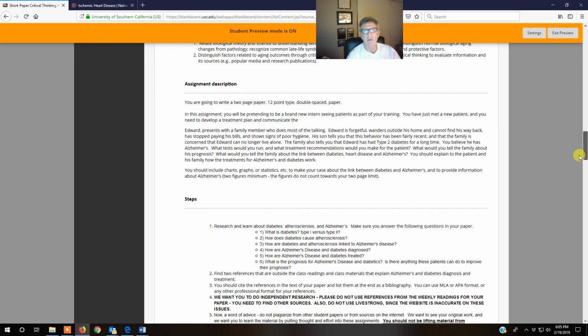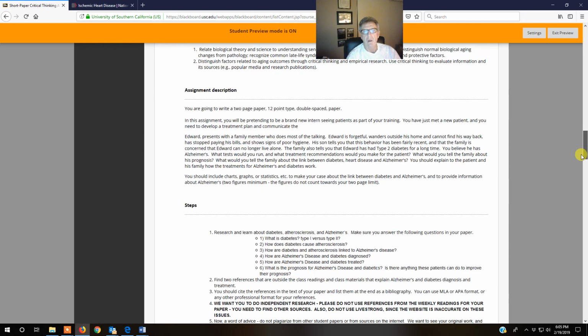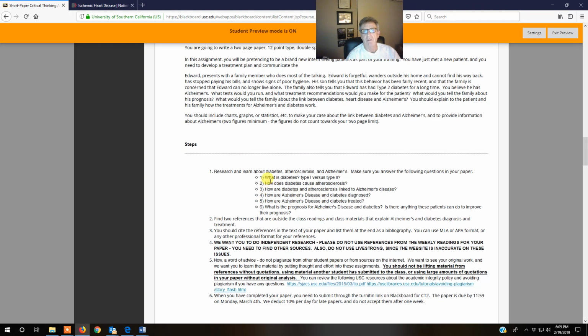Okay, so we're going to get down here. So here's CT 2. There's some very, very clear questions. What is diabetes? Type 1 versus type 2. Okay, juvenile onset. This is an autoimmune disease where the person's own immune system attacks the pancreas, so it no longer produces insulin. So this is completely insulin dependent, meaning you have to do insulin injections. Type 2 diabetes. This is adult onset. It has to deal with the insulin receptors are actually normal initially. They become resistant over time, and over time they can also use insulin, but they use a lot of other drugs.